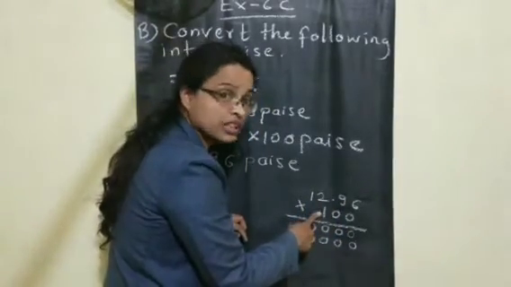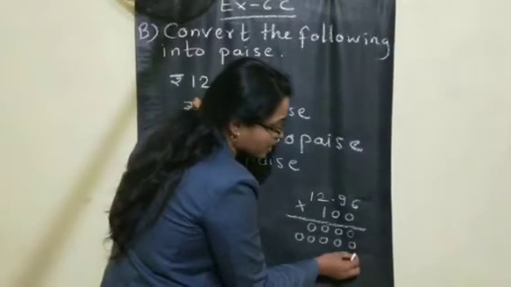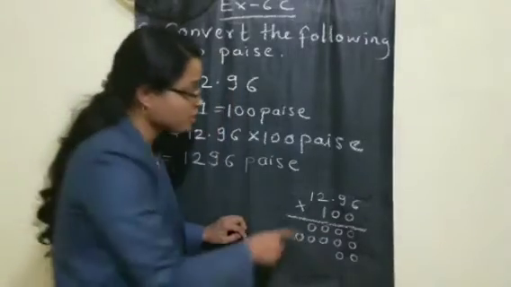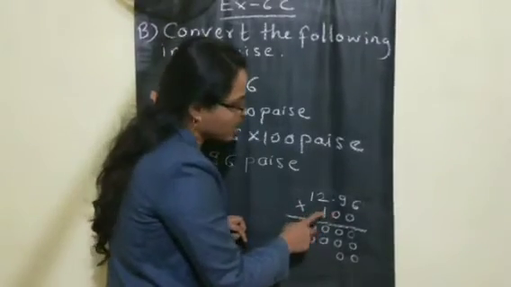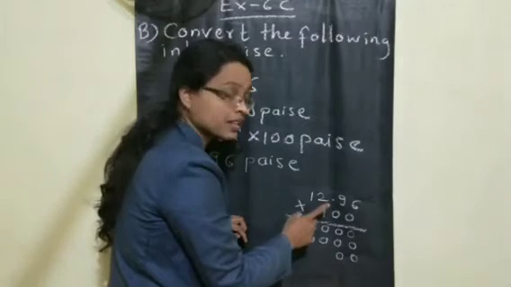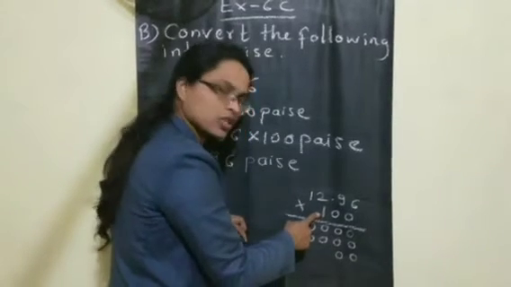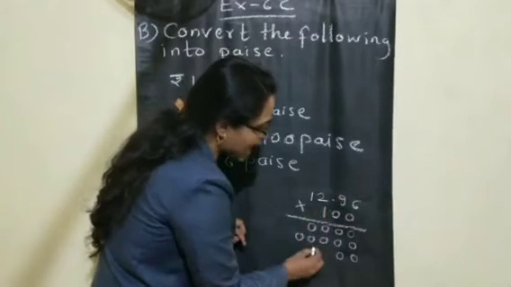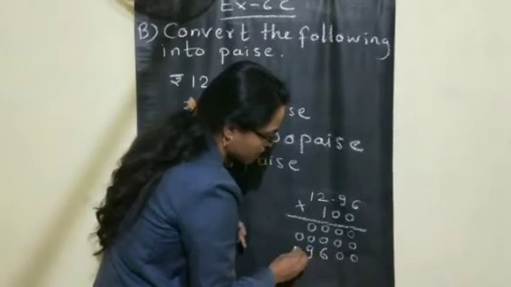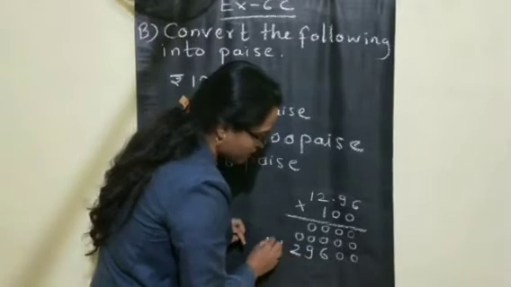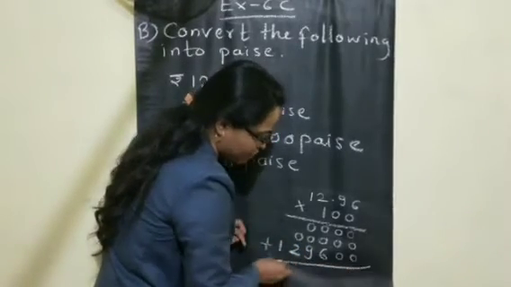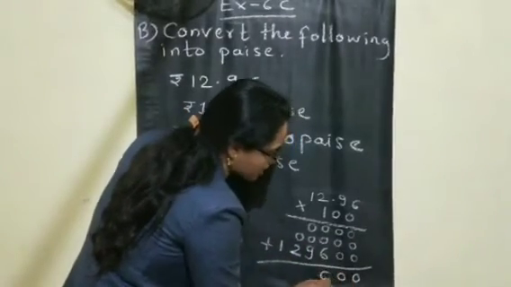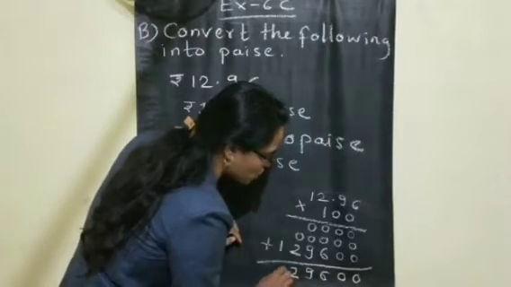Then let us move to the third step. For the third step, children, we are putting zeros in the ones place and tens place, because we are now multiplying with the 100s place. And then we have to multiply with the number which is present in the 100s place. So the number which is present here is 1. So 6 ones are 6, 9 ones are 9, means as it is we'll get all the numbers, children. 2 ones are 2 and 1 ones are 1.